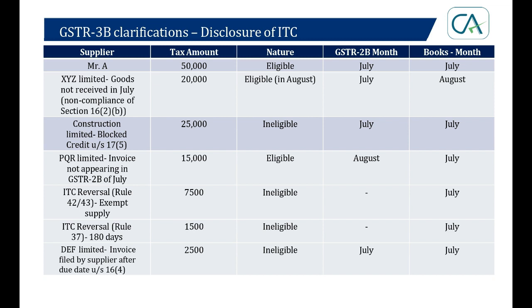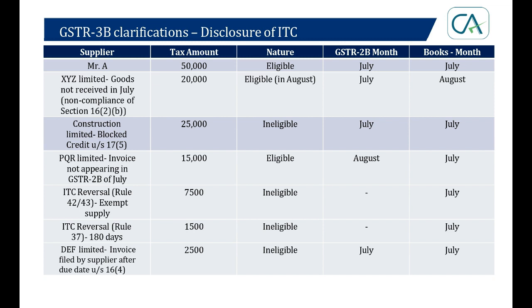Now, moving ahead, the second last entry is ITC reversal. We would be aware of Rule 37, read with second proviso to Section 16 subsection 2, which mentions that if a recipient is unable to pay to a supplier the value of supply along with the tax thereon within 180 days from the date of invoice, what does he have to do on the 181st day? In the GSTR-3B right after that, he has to make a particular reversal along with applicable interest from the date